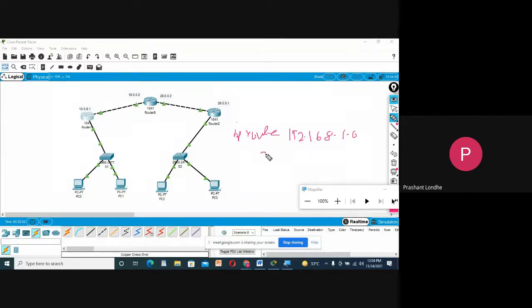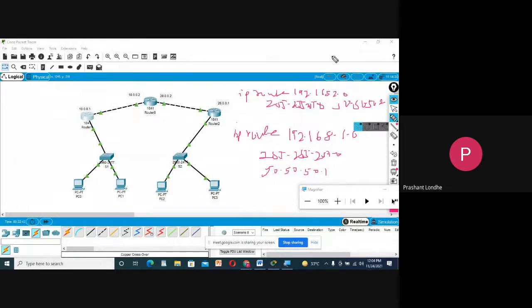Then there will be your subnet mask, and then the tunnel IP address, that is 50.50.50.1, and from here you will just write IP route 192.168.2.0 255.255.255.0, and you will write the tunnel IP address, that is 50.50.50.2. There is one more thing remaining. I'm not going to tell this. I want you to complete this practical and submit the assignment.